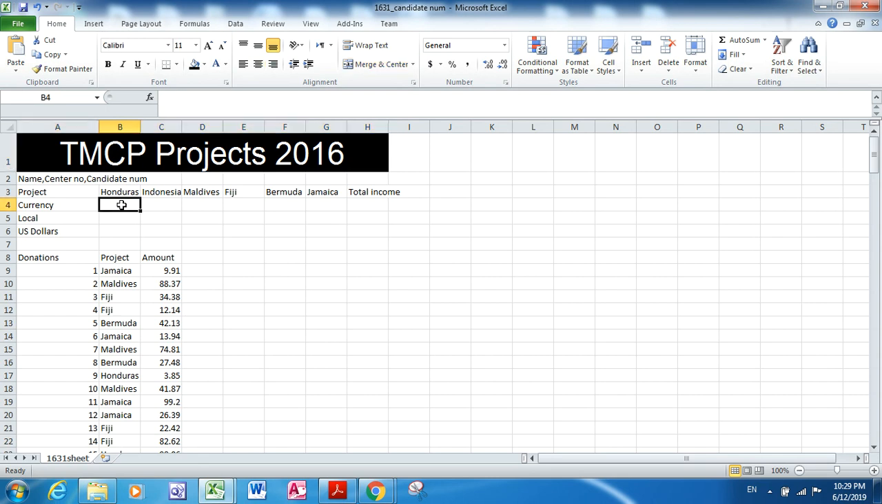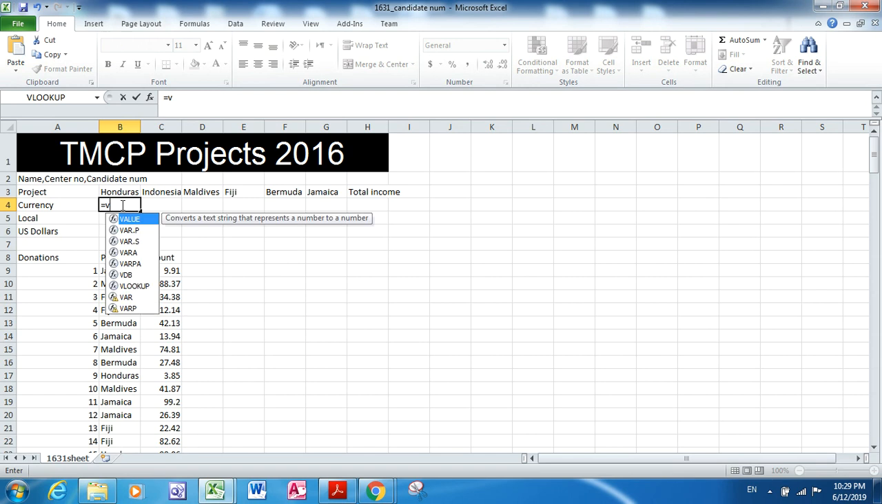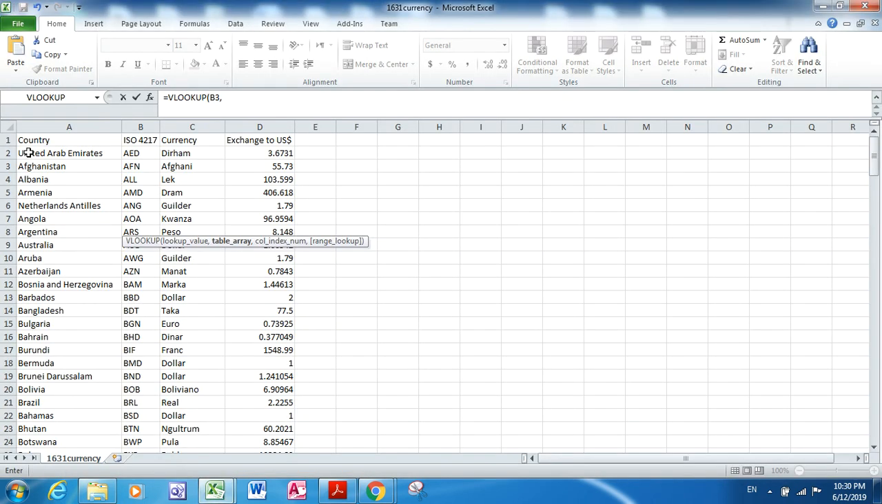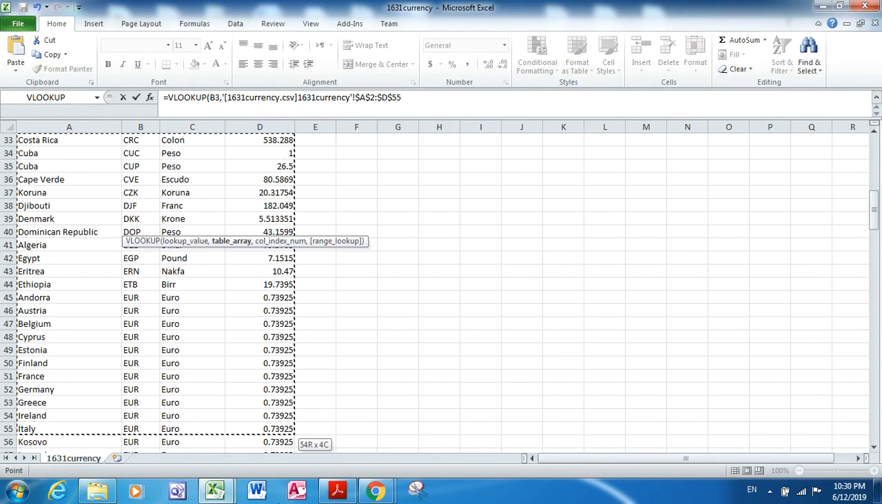We are going to use a VLOOKUP function, equals VLOOKUP. Four parameters are to be entered for the VLOOKUP function. The first one is lookup value. Here the lookup value is the value that you are searching for in the other file. We are going to search with Honduras. What is the currency for Honduras? So our lookup value is Honduras. Just click on Honduras, comma, table array. Table array is the other table. Open this file, select the entire table,